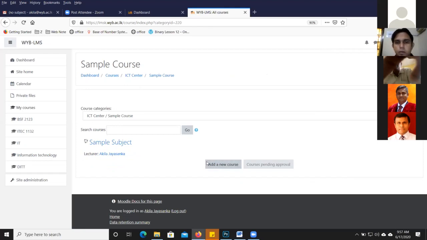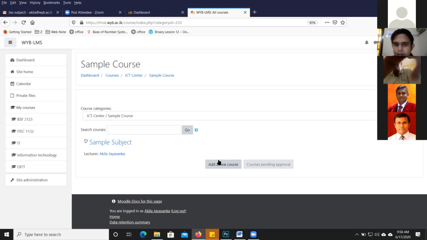Akila, can I ask one question before we move on from that mobile app? Does the mobile app have some restrictions on lecturer roles? There are restrictions, because we can't do all the modifications and settings in this one. That is most probably prepared for viewing the courses, not for actually adding them. So it is most suitable for students because they can just use the app and view the course. Understood. Thanks.